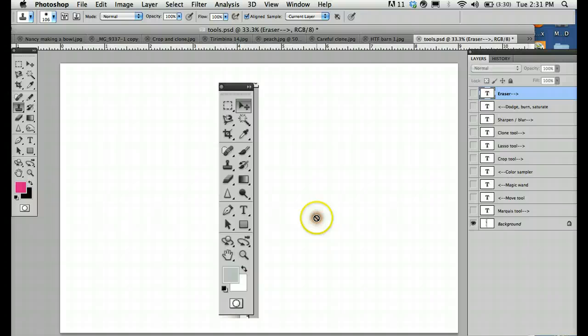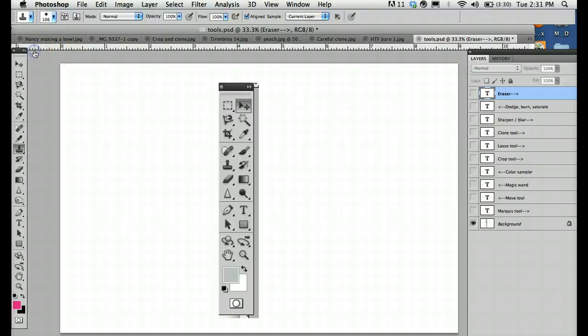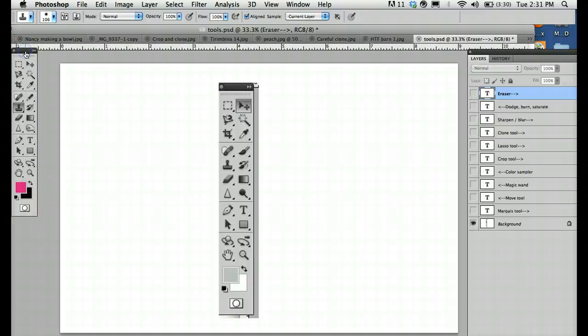We have the toolbar on the left side of our menu, and everybody has a personal preference here. You can either make the toolbar one long bar here, or you can make it a short double wide bar. There's absolutely no difference. So some of the tools that we use quite a bit, we use our marquee tool